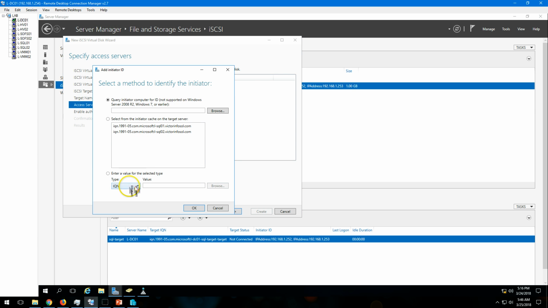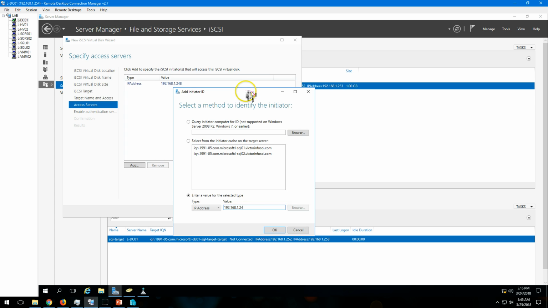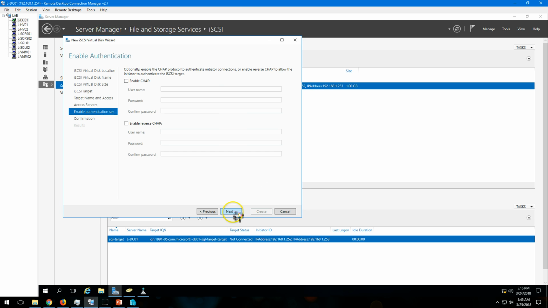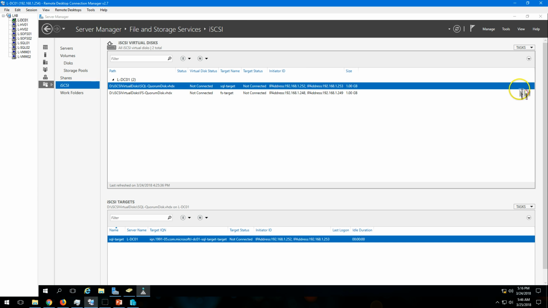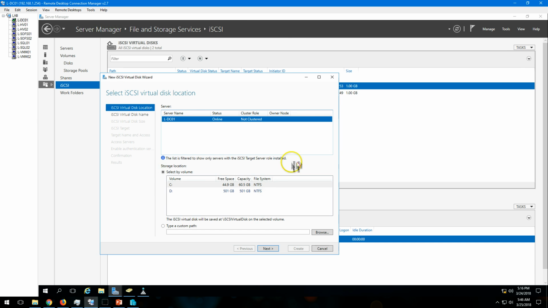The second is 192.168.1.249. So good to go. Click next and click on create, and same, we need to add one more disk for